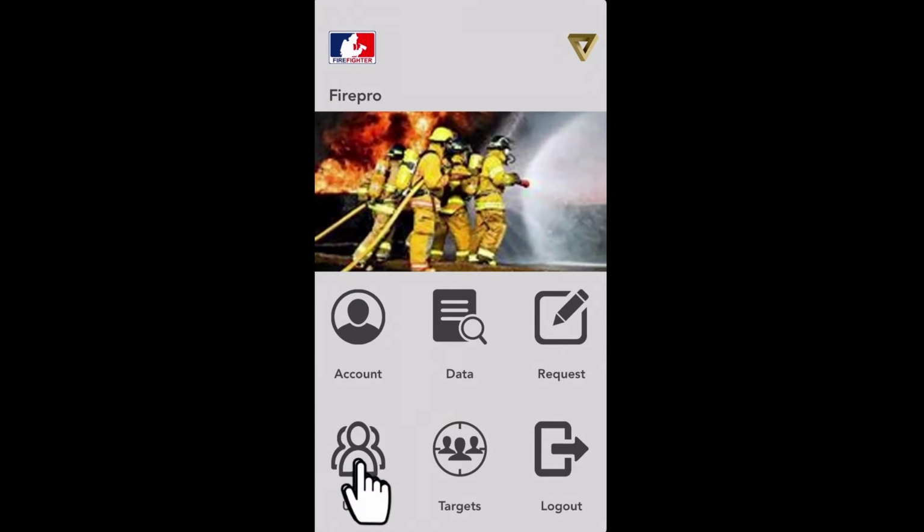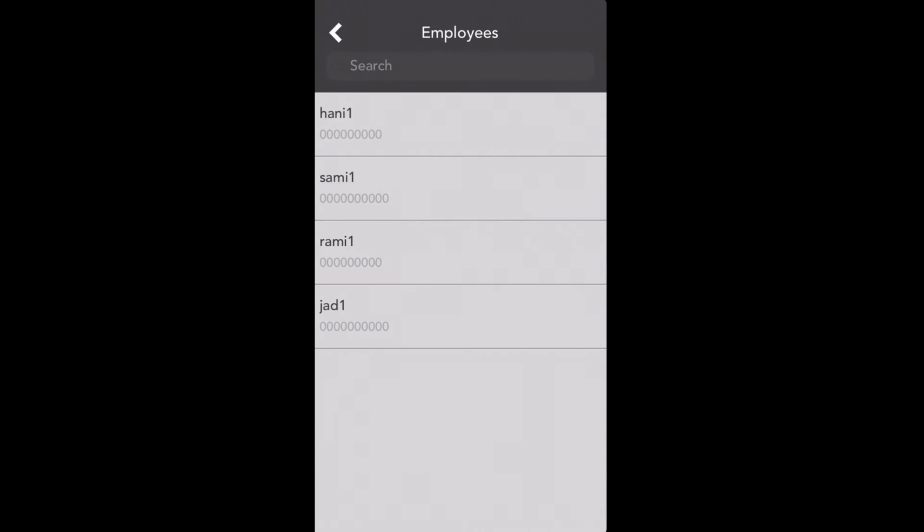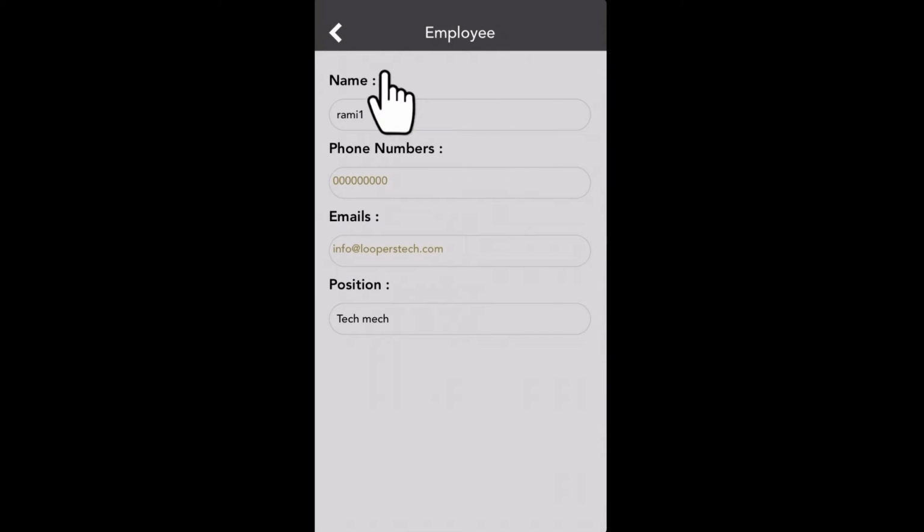In users, we have the employees, and from here you are able to access all their details as well as edit any of the information from the web if needed. So that we don't allow anyone to tamper with the details of any staff member,